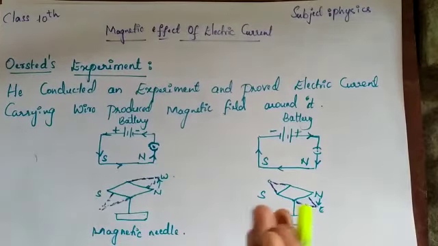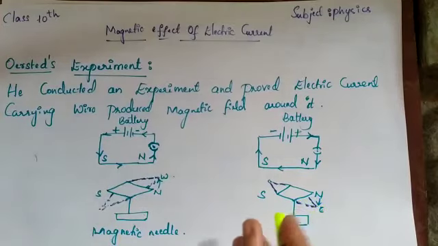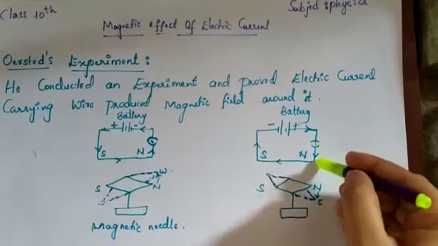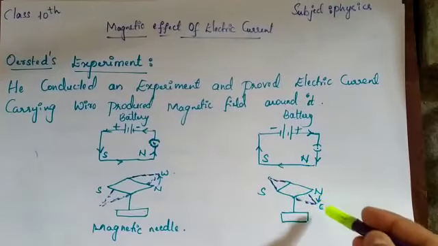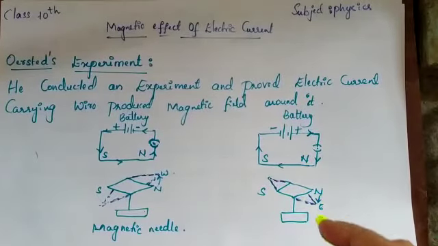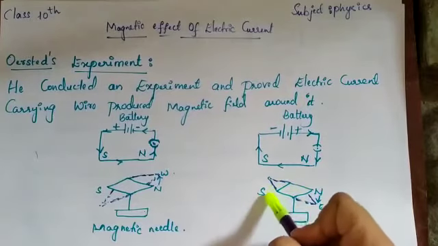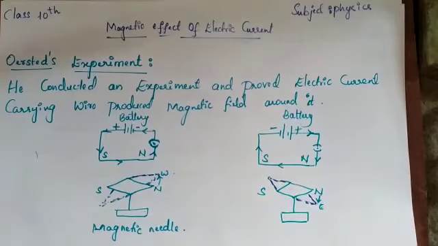That means if the polarity has been changed, when electricity passes from north to south, the north end will move towards the east, that means downwards, and the south will move upwards. So by this concept, another conclusion you can make is that the direction from which the electricity flows will come downwards. You can assume that to understand it for your purpose, isn't it?